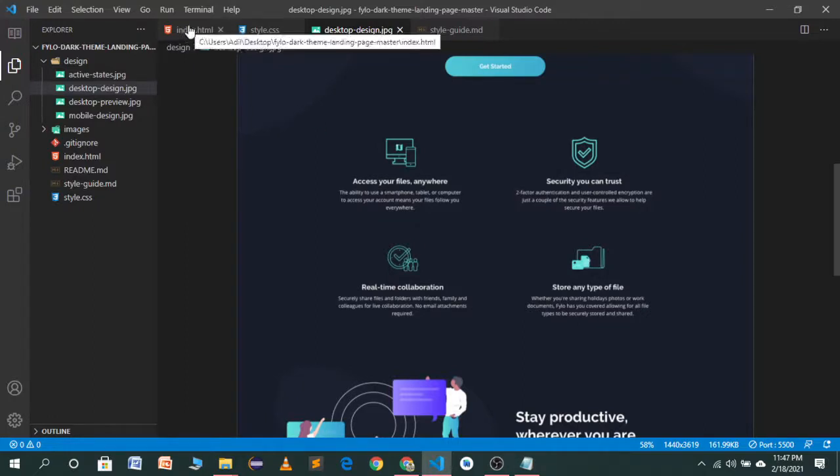So let's go to our HTML file and create a container which will be called a features container.